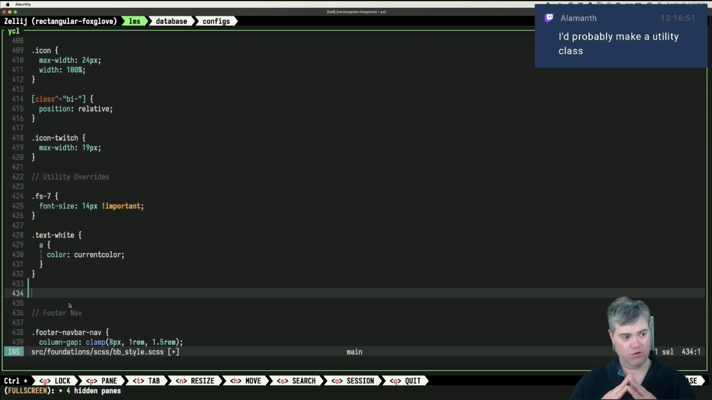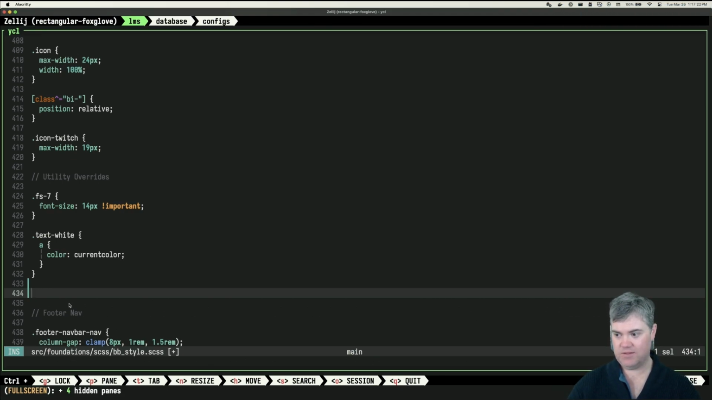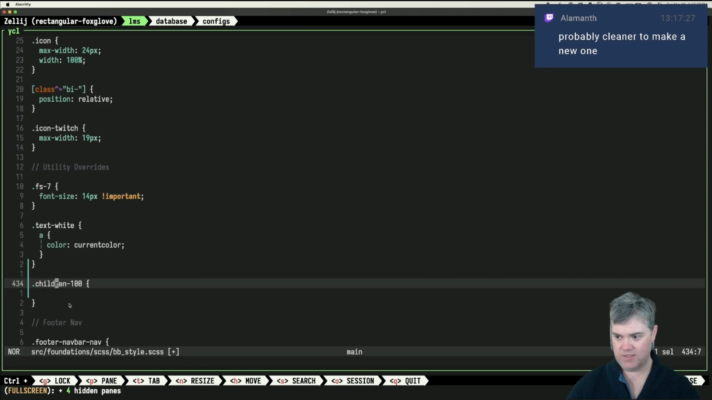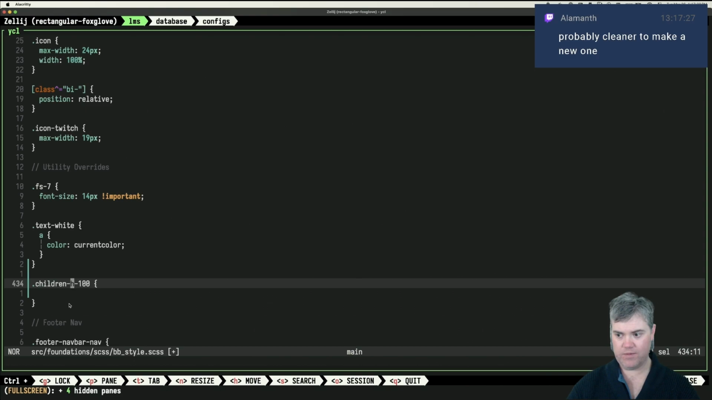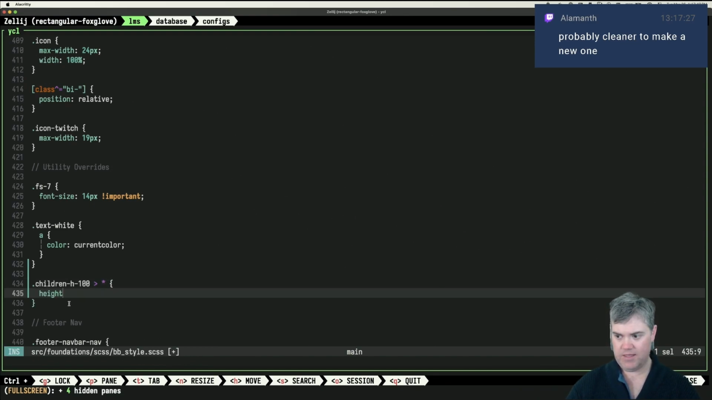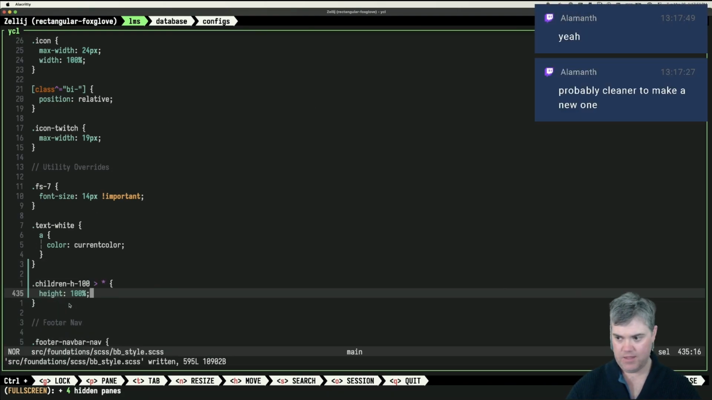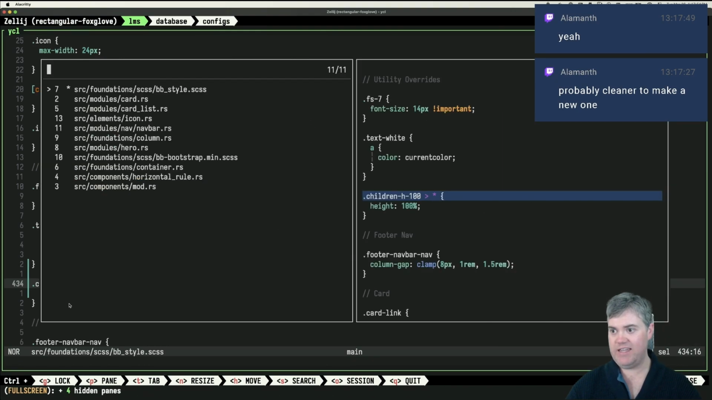So I could do anything with a row. I can just say hey, all rows, or I can make a new class where it's like children H 100, and then we'll say children H 100 star like that, height 100%. Okay, children H 100. Now I need to go find